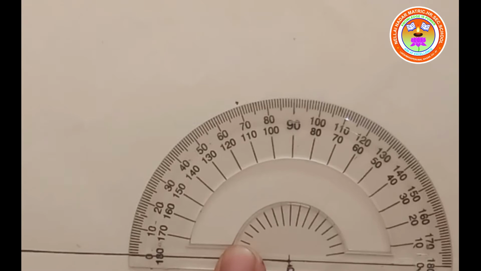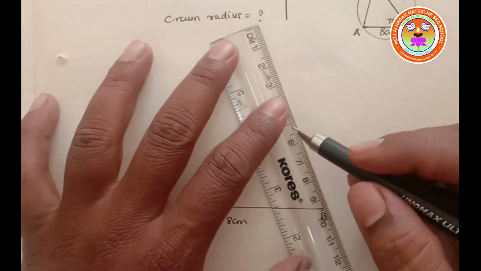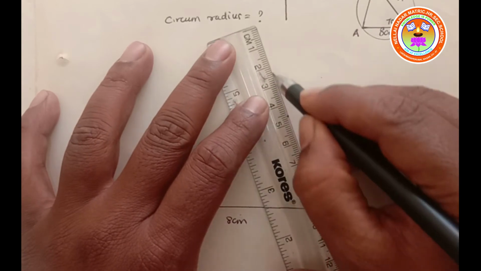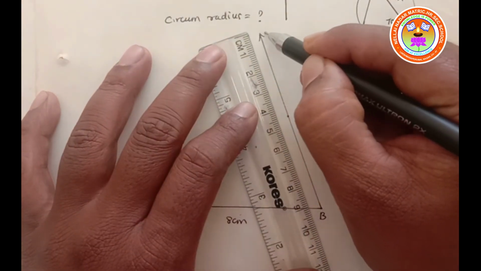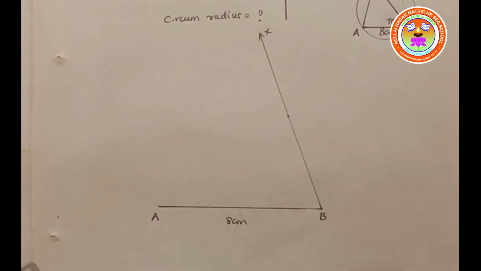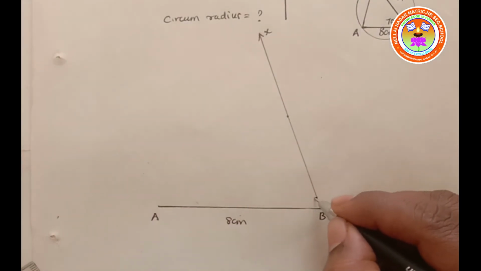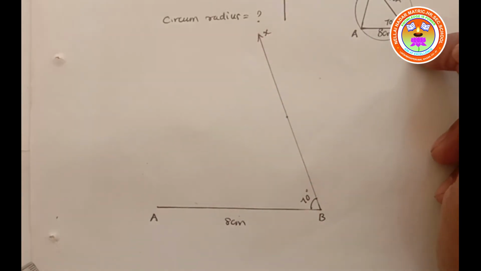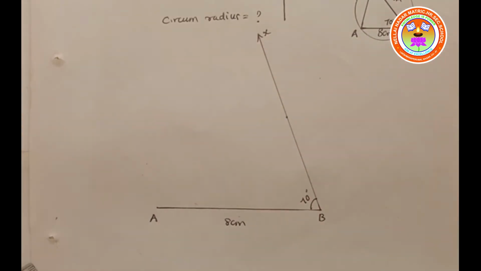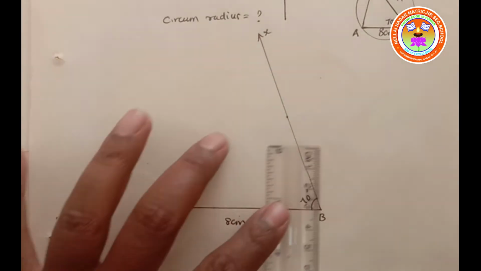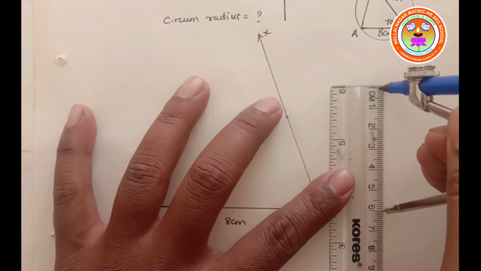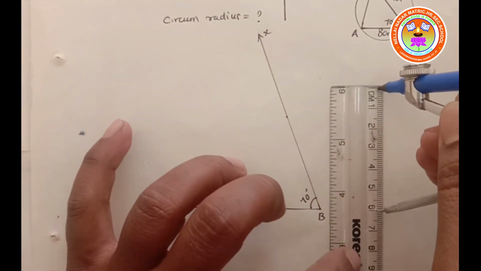It's clear, children? Then after making a point, draw a straight line. You consider this line as x. This is how many degree? 70 degree. From BC line, you have to take radius 6 centimeter and cut an arc. Now we are going to measure how many centimeter? 6 centimeter. Exactly, you are going to take 6 centimeter.